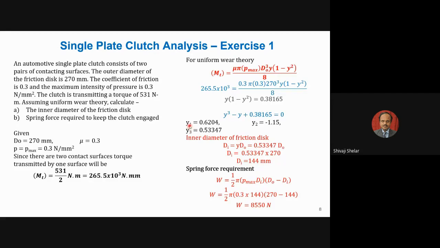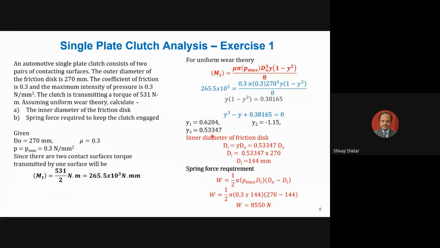If you would have taken this y1 value 0.62, it is not wrong, theoretically it is correct. But in practice, if you look at the future prospect, then this selection is wrong. Suppose this value is 0.62 and the other value is very, very low, say 0.3. Then we will not select 0.3 because it will have lower torque carrying capacity. Then in that case, we will select 0.62.